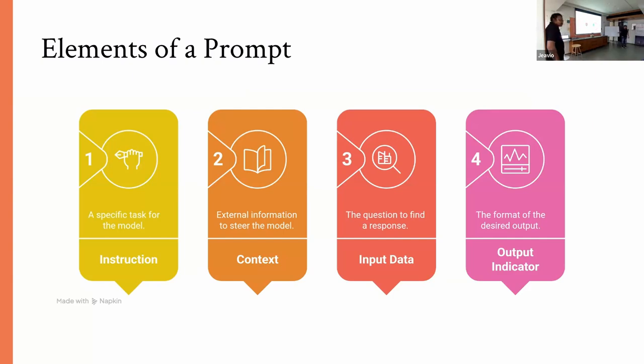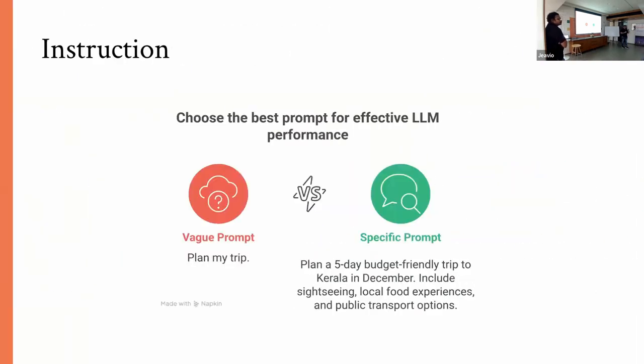First is the instruction. This is the main part of the prompt that you write, providing actionable items to the LLM. It provides the what-to-do for getting the output. So this is the base of how you write the prompt. You add some action verbs in the prompt so that it can provide you an answer in a better format.